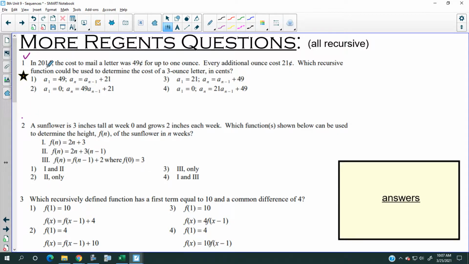In 2014, the cost to mail a letter was 49 cents for up to 1 ounce. And then every additional ounce costs 21 cents. Which recursive function can be used to find the cost of a 3-ounce letter in cents? Now, the first ounce is 49 cents, and then subsequently,